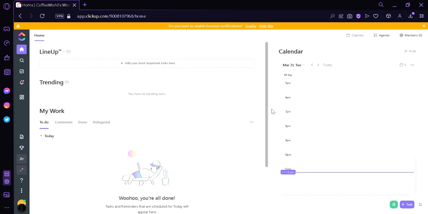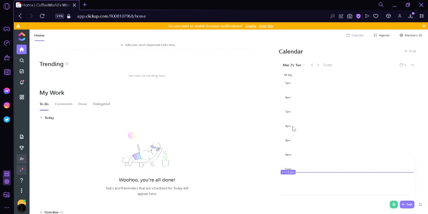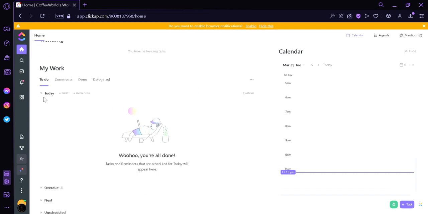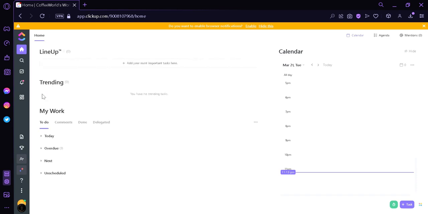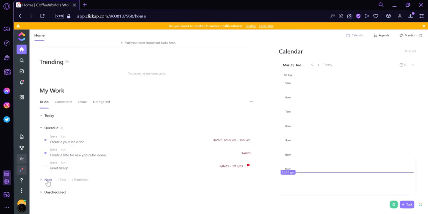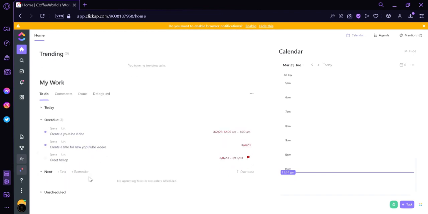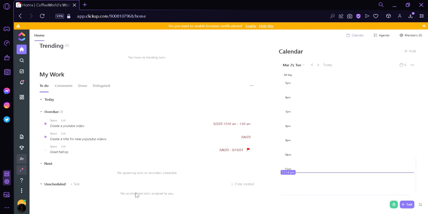We can also see the My Work section here. You would be able to see all the things that you have done today. We could also see all the overdues, like this one. We could also see the next or upcoming tasks over here. We could also see the unscheduled tasks. The home page is very useful so that you would be able to track all the things that you are